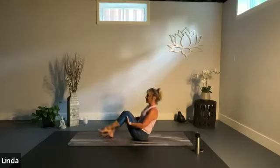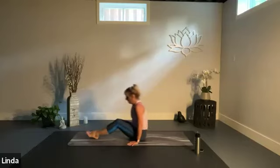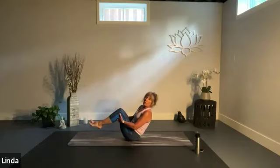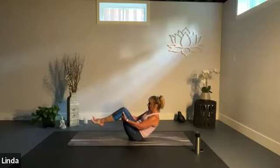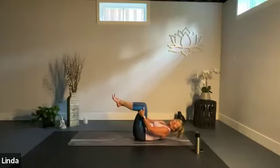We're going to lift up and under. Hanging out here just for a couple of breaths. Right under your sit bones. And you're going to slowly roll back, but I want you to roll back super slow and see if you can stop yourself from falling back. So go back a little bit, hold it, back a little bit more, back a little bit more, and I fell. Oh,